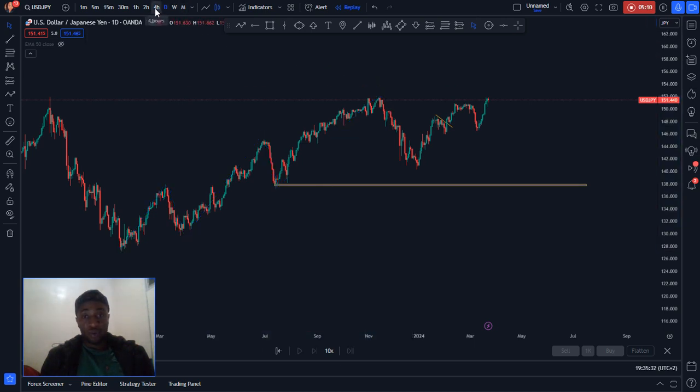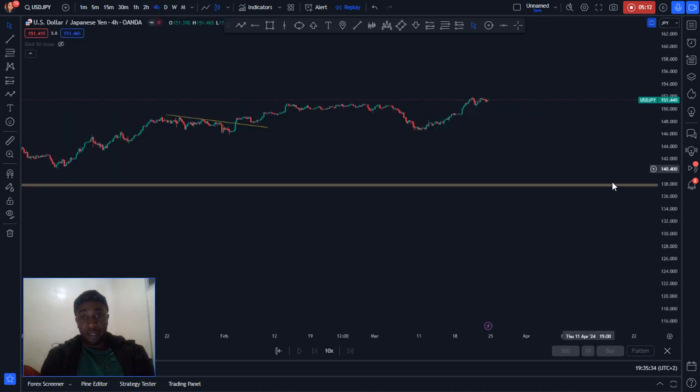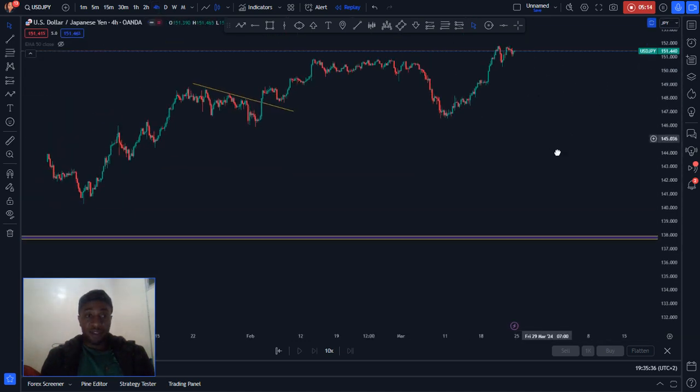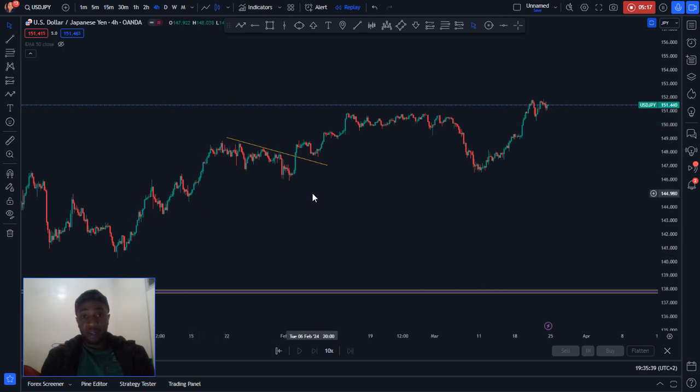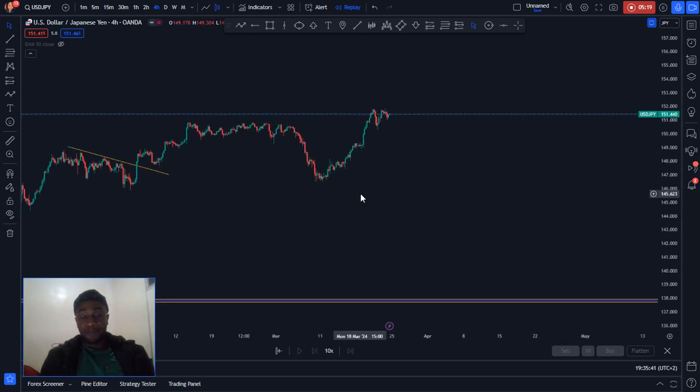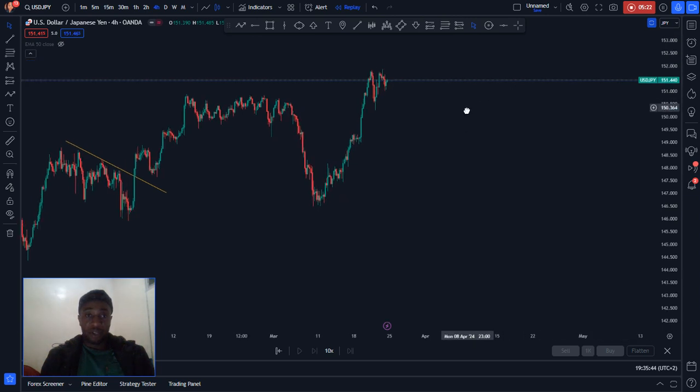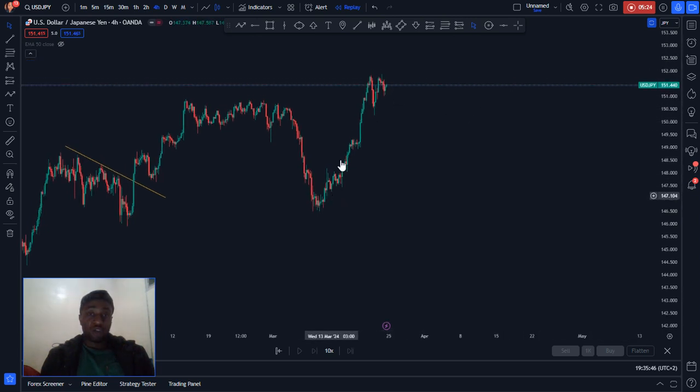So if we can go to a 4 hour time frame in this case right now, because even this structure, as you can see, it gave you impulse, correction, impulse, kind of correction. Even right now at this point right here, the market gave you this strong push, this strong impulsive phase. So you can't really say the market is not giving you a double top. I'm going to say yes, it can do that, but wait for the confirmation. At least the market should confirm, because if the market breaks below this point right here, it's going to tell you that it has just confirmed that it's about to take the new correction,